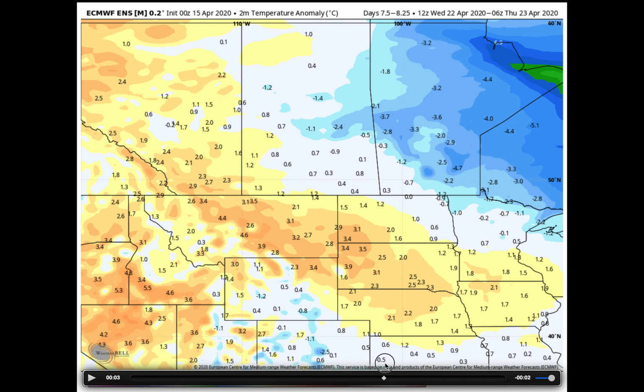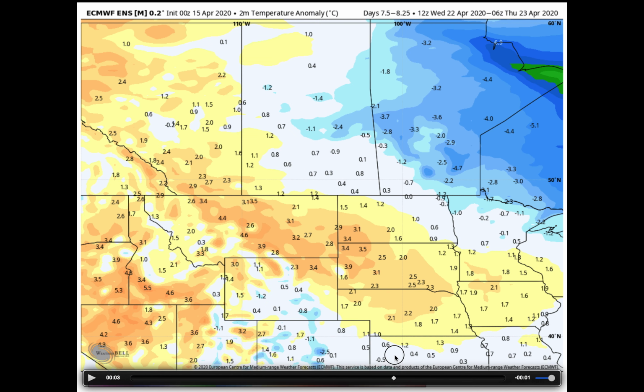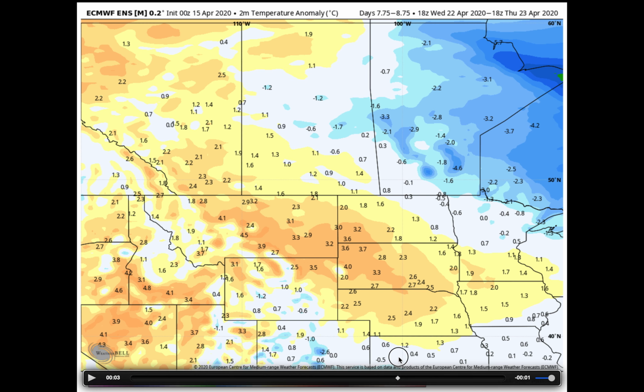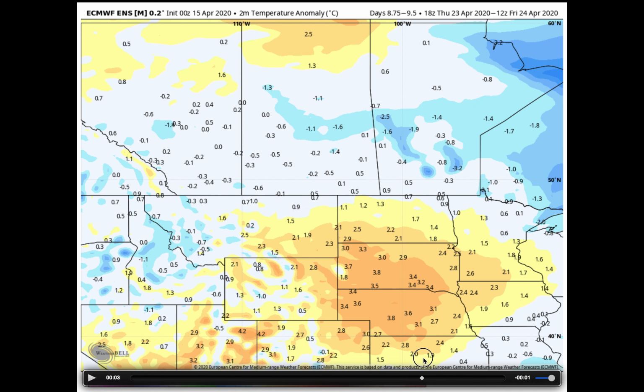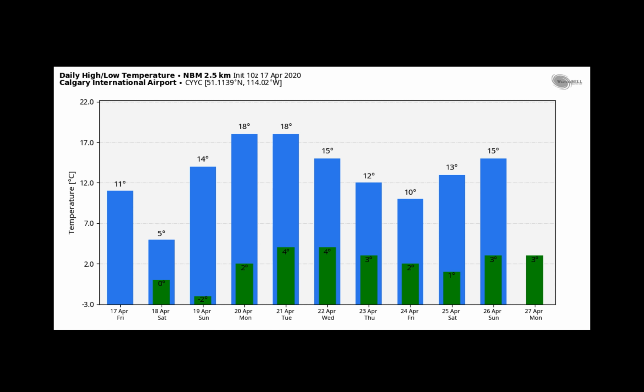And then as we move that ridge off to the east, bringing in the split flow across the western half of North America, some areas will get above average by a few degrees, especially across the west, much of Alberta, and portions of Saskatchewan feeling some of that warmth as we head into mid to late next week. Then we lose some of the detail toward the back half of the week, but temperatures are probably going to be very close to where they should be this time of year. So again, we're not tracking any additional extreme cold across the region, but definitely not seeing any rapid warm up across the prairie either. So let's take a look at the high temperatures over the next 10 days,